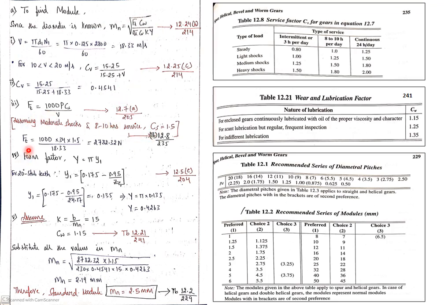Next, we need to assume CS. The tangential tooth load has been calculated. Again, the form factor: ZE1 must be taken, where the virtual number of teeth has to be considered, where Y is known. We are assuming again K equal to 15 and CW is 1.15. Substitute all the values, and you will get 2.19 as the normal module. If you check in the table, the next higher value is 2.5. So hence we are taking the normal module as 2.5.